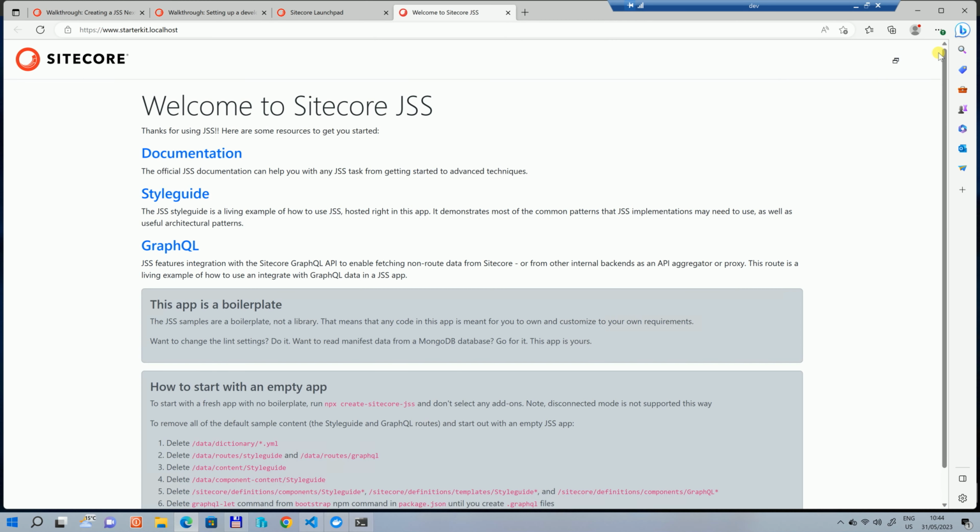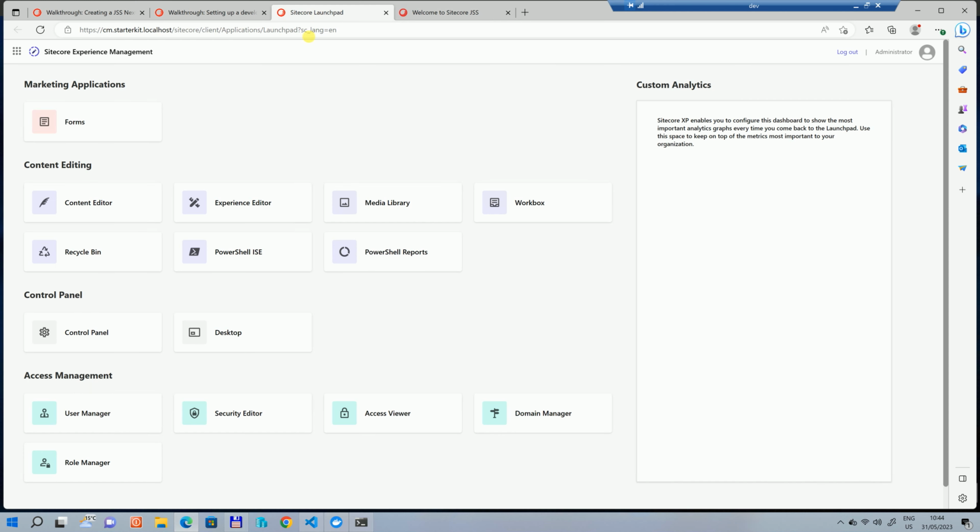We have our rendering host loaded along with Sitecore CM. Let's go to desktop